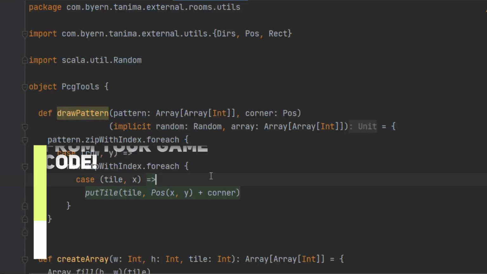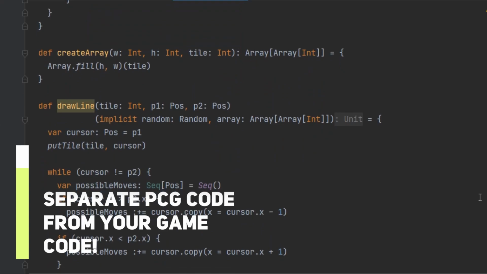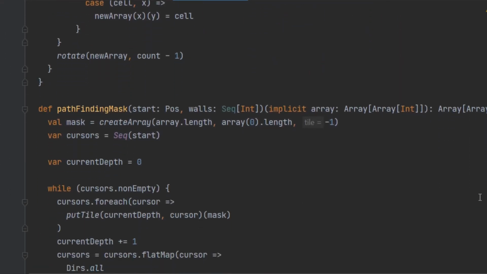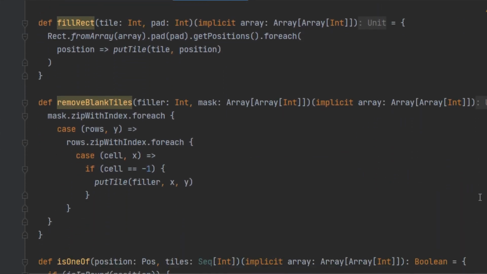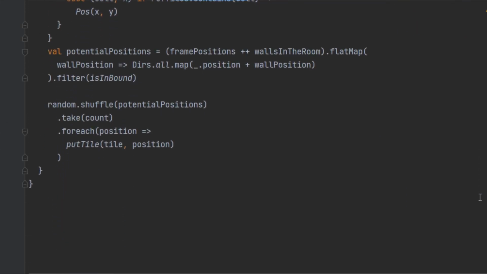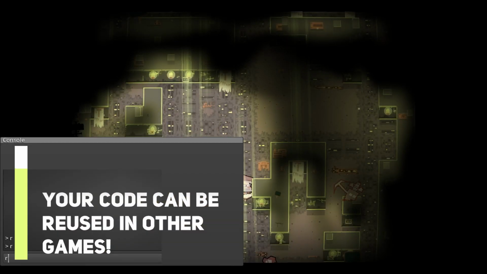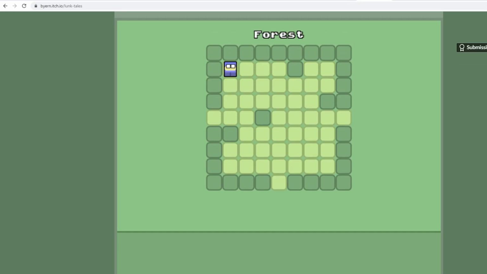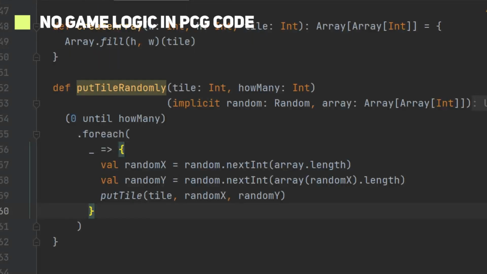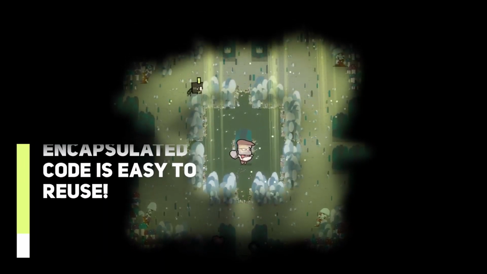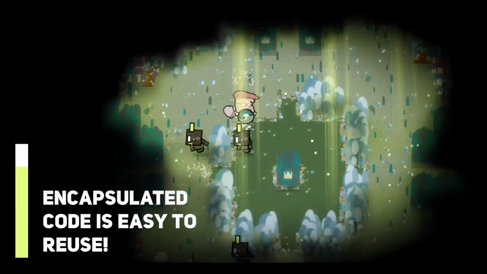First, separate your PCG algorithms from your game domain. Sounds complicated, but it's simple. Try to use the most low-level code based on your programming language and avoid using code from your game. If you organize your codebase like this, you will be able to use the same algorithms in other games. Example: the main logic of my toolkit uses mostly the basics of Scala language, like arrays or primitives. It is later remapped to objects from my game. Taking this code to another project is relatively easy.